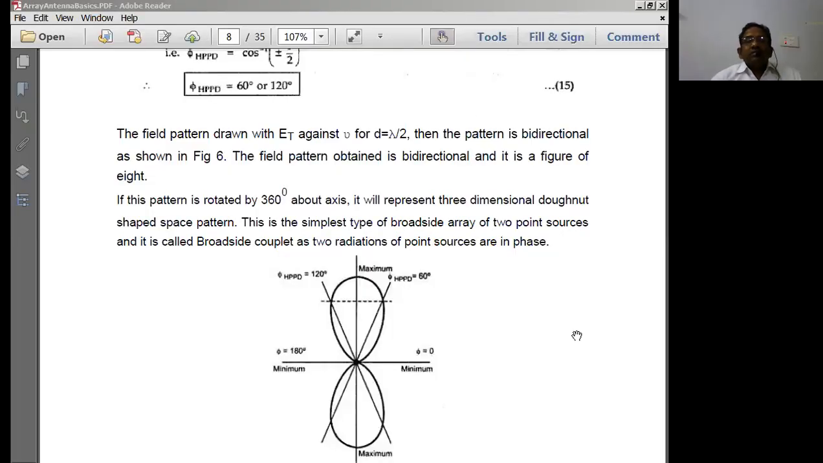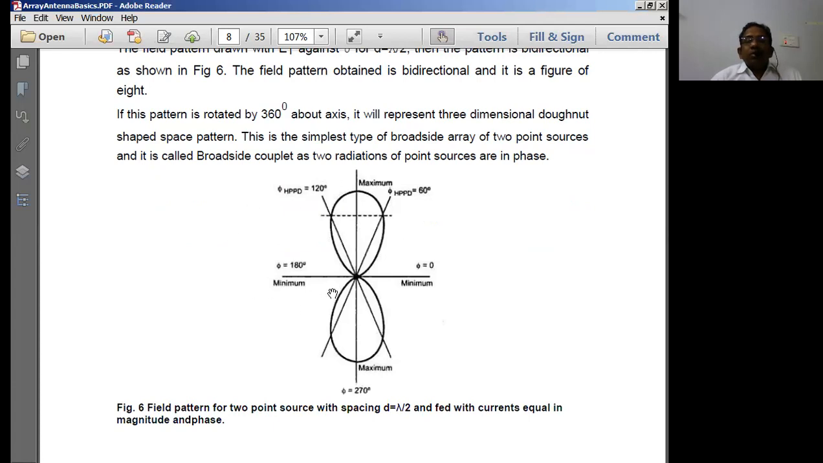Now, in the last class, we have seen the antenna arrays by considering 2 point sources with currents equal in magnitude and equal in phase. When that is there, we have simply got a broadside kind of array pattern, where the axis of the antenna is going to be on the x-axis and the radiation is coming along the y-axis. So if this pattern is rotated by 360 degrees about the axis of the antenna array, then we are going to get a three-dimensional